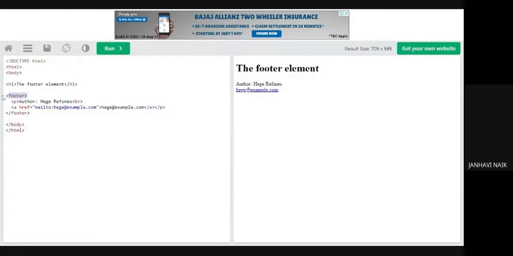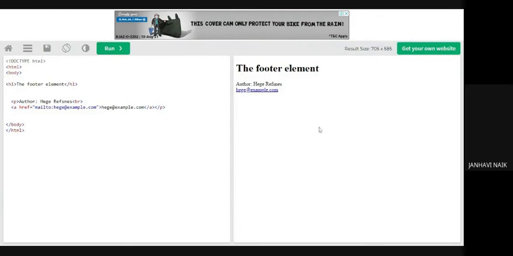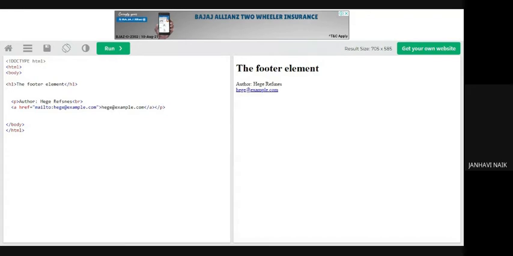Now see, if I remove this footer, it actually makes no difference. The only thing is, I'm giving a preference to my programmer who is actually coding, so that when the program is very big and he sees this particular word, he knows that this part is regarding the footer.